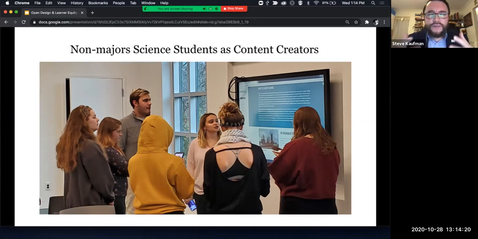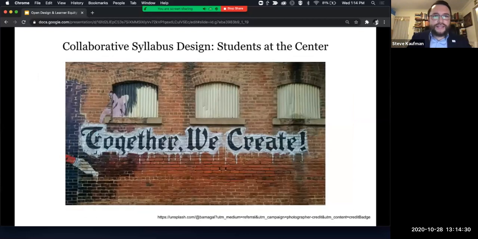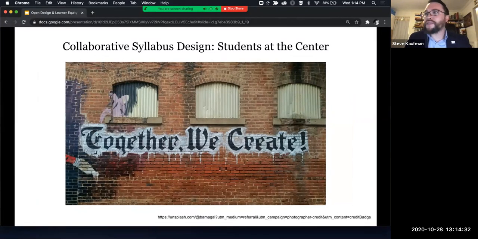So not necessarily open content, but the idea is that the students are generating things that following students are going to see, right? And those are some of the principles that are involved with open pedagogy. So again, the collaborative syllabus design, putting students at the center. Christina Katapodis put a really good quote together that said, democratically co-creating learning outcomes with students based on their goals for the class situates them at the center of your pedagogy.